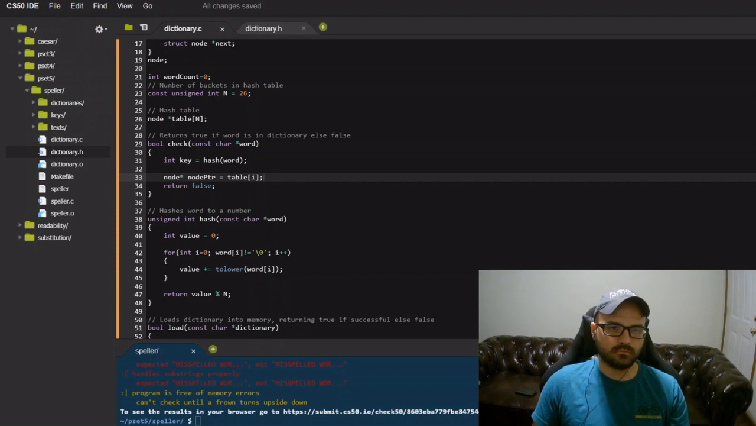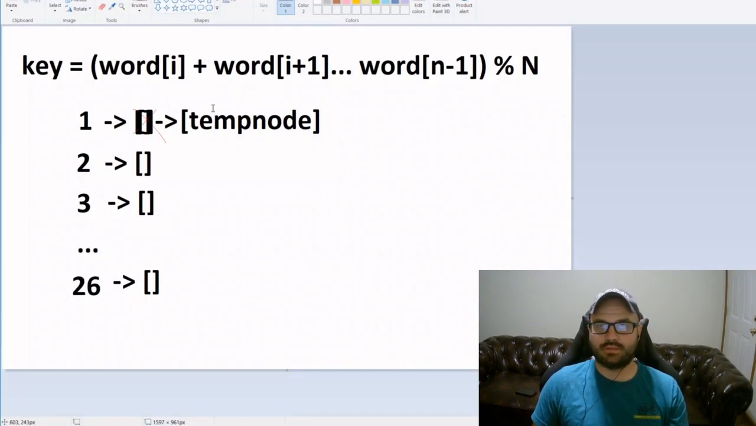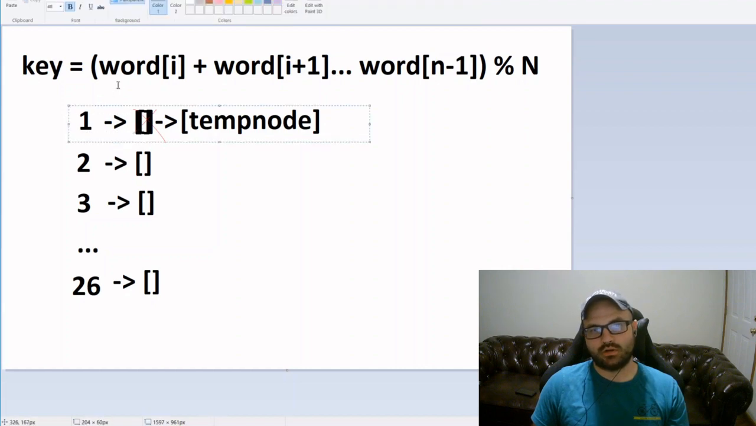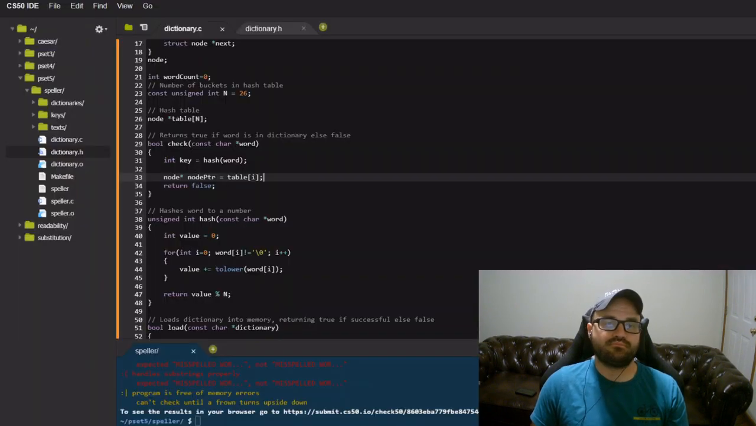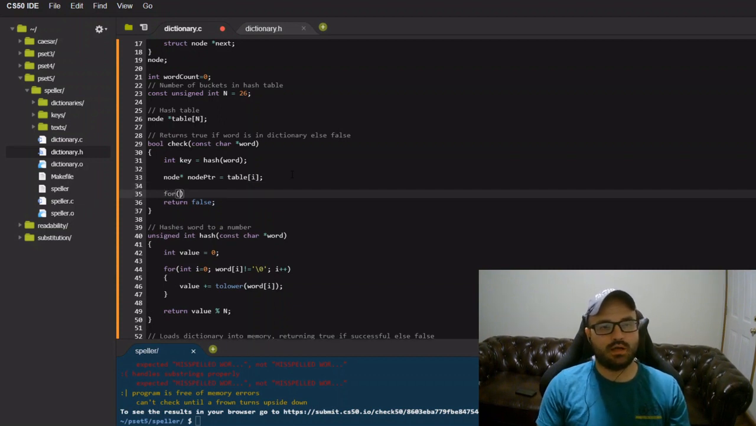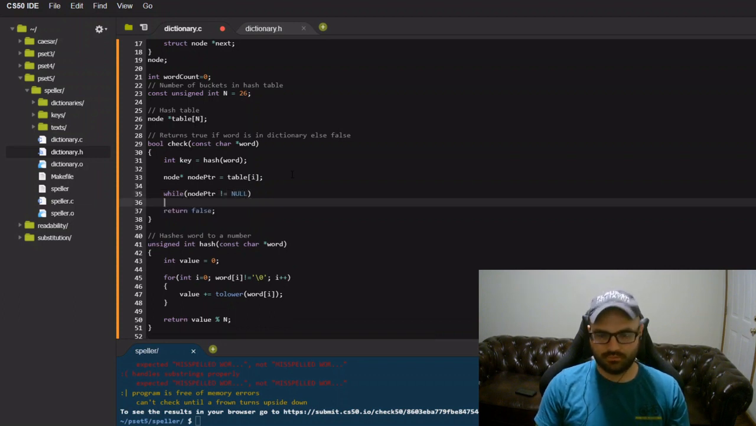So if they pass in a 1, or something that hashes to a 1, I'm going to set my node pointer right here. And then I'm going to increment through everything on this line and do a string compare against it. So we're here, and I want to say while node pointer doesn't equal null,